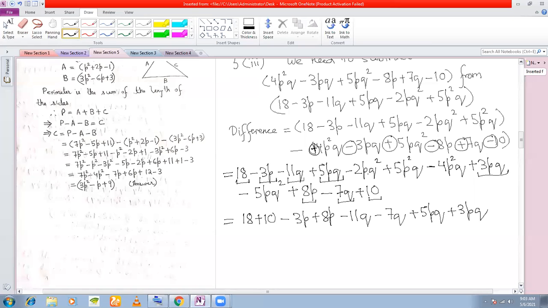Next, I have a minus 2pq square. This one. Any other pq square? Yes, I have a pq square here, right? So we write them together. So minus 2pq square minus 5pq square. Next, p square q I have. Any other p square q's here? Yes, I have a p square q here. So I'll write, they're already together, but still we'll write p square q minus 4p square q. Okay, so I have covered all the terms here.